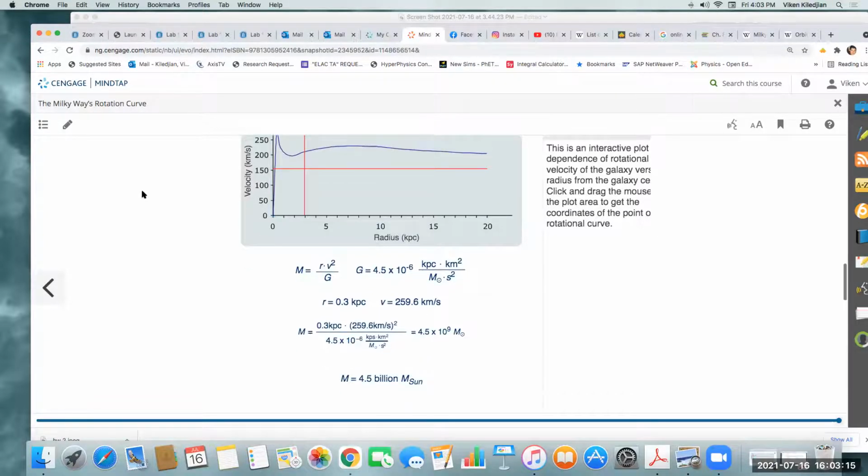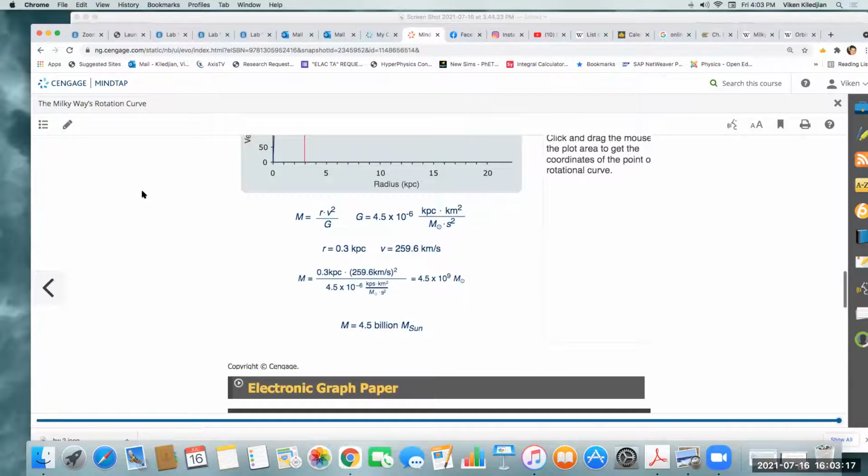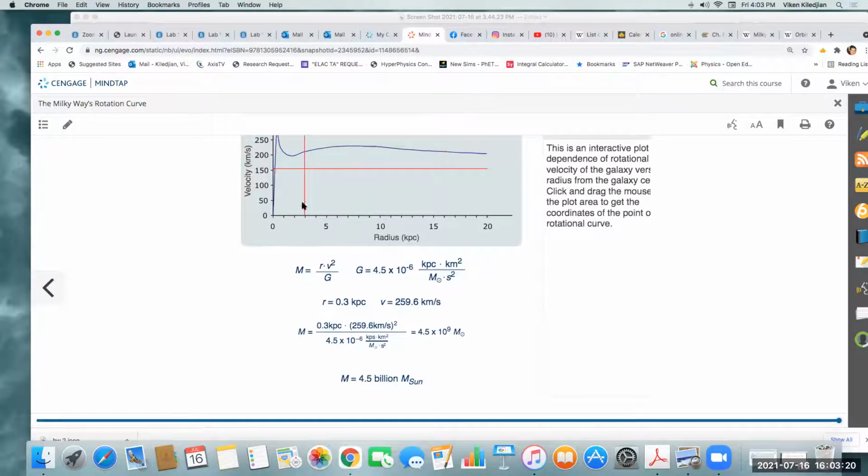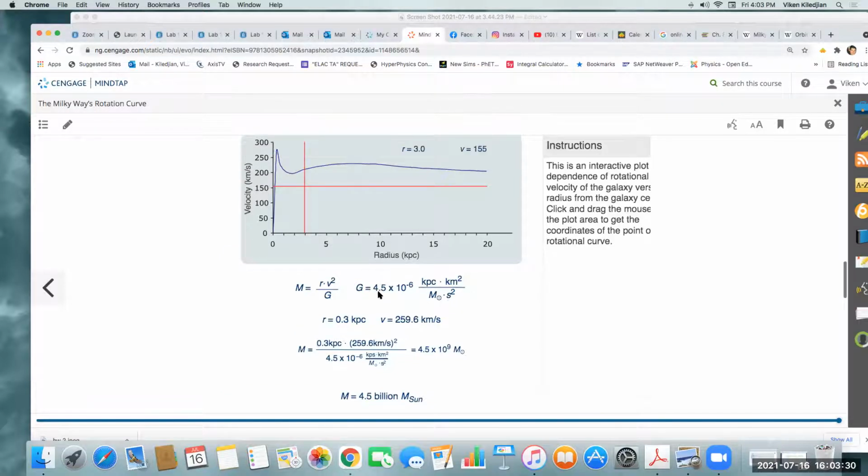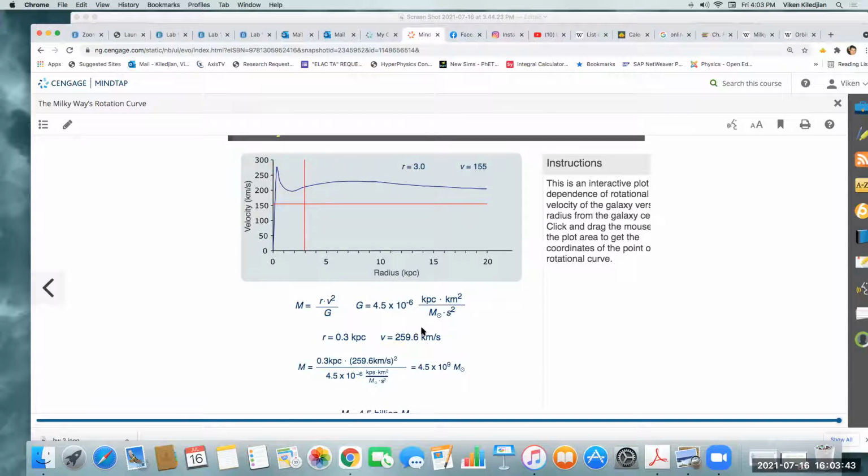Okay, hold on. This is 0.3. G. Oh, there you go. G, they gave it to us here. 4.5 times 10 to the minus 6. Okay, cool. So they already are giving the G to us, and they're giving you this equation, and R is 0.3 and V is 259. Okay, so what they're showing you is how to do the calculation, actually, just like I showed you. So if R is 0.3, so then this can actually do